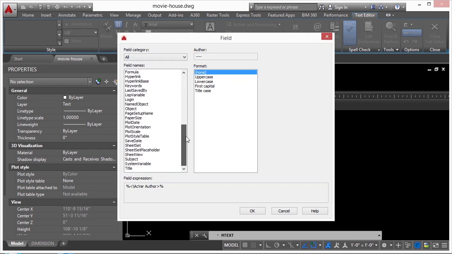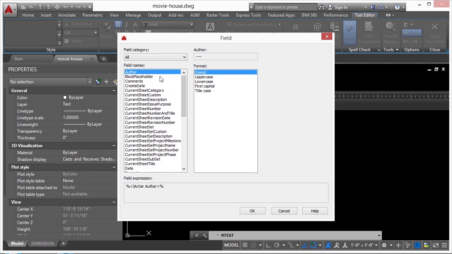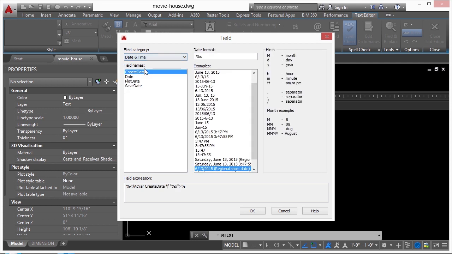Now you can see there's a lot of different types of things here where you can gather information from. And there are several different categories. I rarely use the all because there's just too many of them. You can go to date and time, and it will create the date and the time